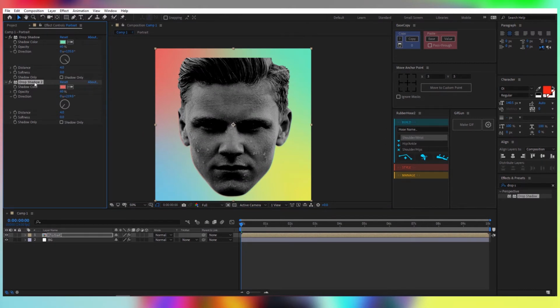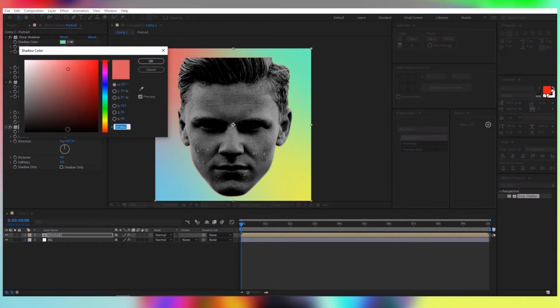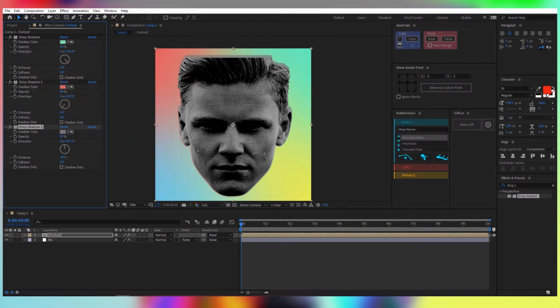Alright, now let's duplicate the shadow again. And we want it this time to be in the top part. So for this I'm going to increase the opacity to about 80, and the color it's going to be gray, and you'll see later why. And also I'm going to increase the distance to about 7,